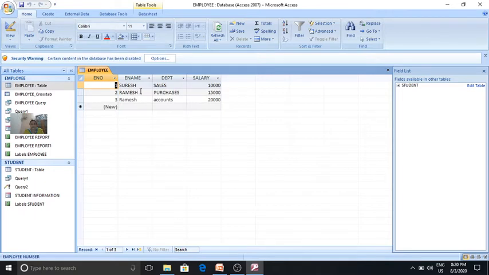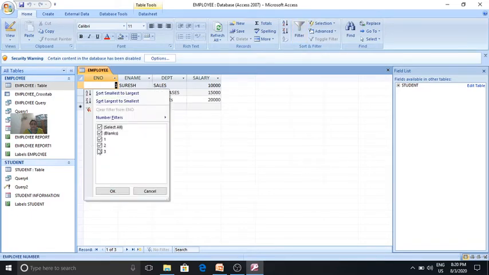There are two names, employee name Ramesh and Ramesh. We'll filter here. Click on the filter. It will ask select all, blanks, 1, 2, 3. You have to click on the check boxes here. Okay.